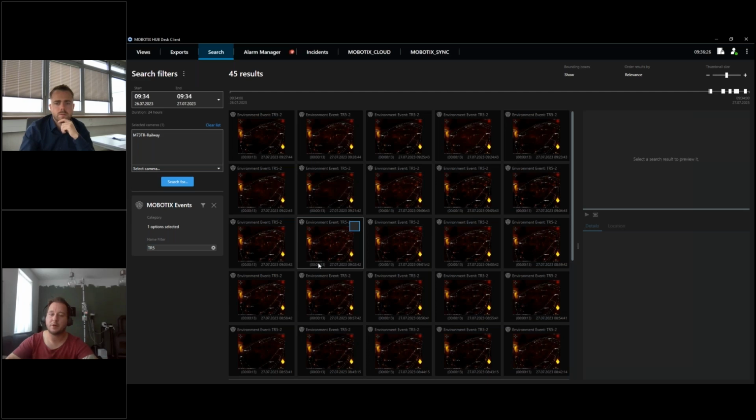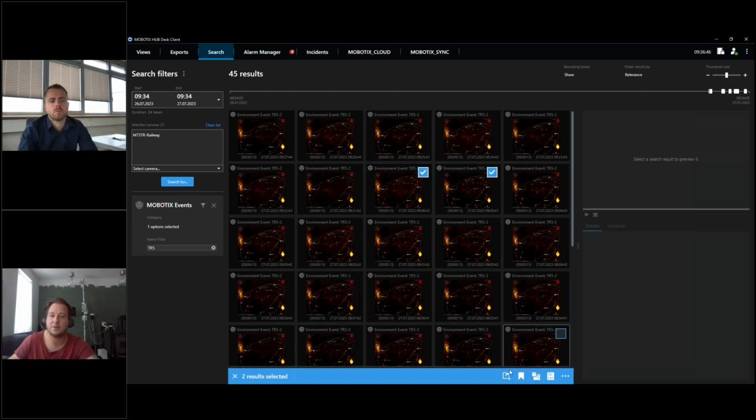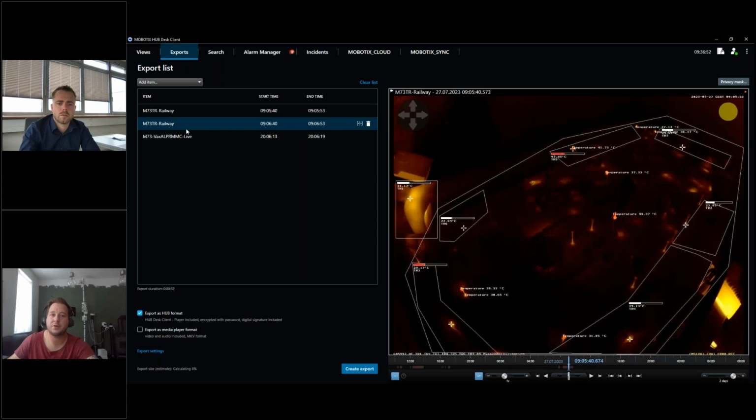In the IoT camera, we can use the environment events, image analysis events like activity sensor, message events, for example from all our certified apps, or our meta events. So you also have the possibility to use the logical in our camera to trigger the hub to do something. In this case, I would select this one here, add this to the export list. If I now click on exports, I have the possibility to export this one